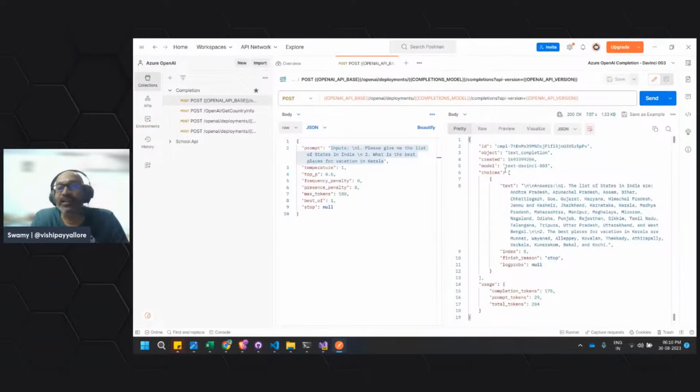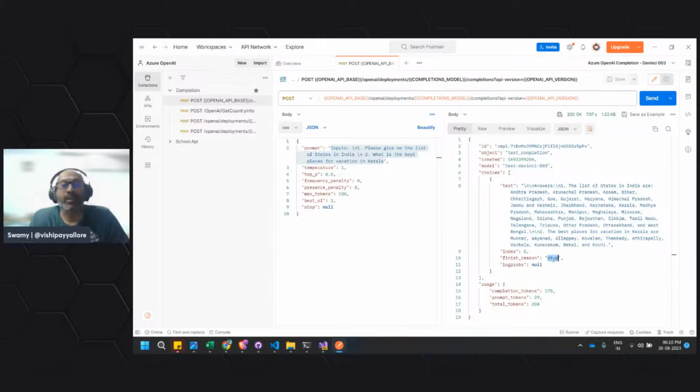You can see the model, the object, and the text, we are seeing the prompt and answers. The finish reason is stop, which means it is saying that I am good.